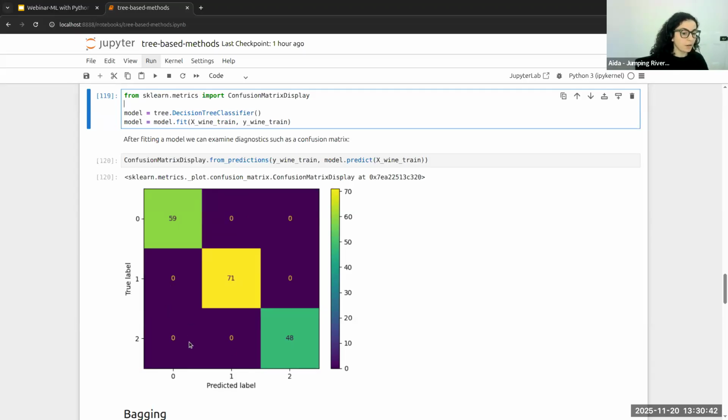In this case, our model, the classifier model that we have fitted, has worked quite well. So we have got a good behavior of the model. The diagonal here shows how many times we have predicted the right thing, and then I've got zeros below here. So the model is behaving quite well.